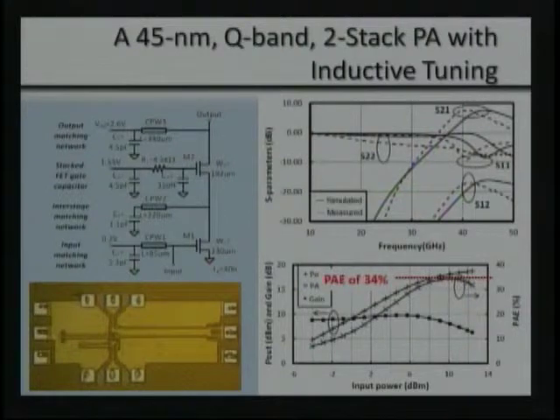And one of these results is shown here. This is a 2-stack, so I only have one transistor in the stacked FET configuration. This is very similar to what I just described in terms of operation, except I've added one additional inductor here at the interstage node. This inductor is essentially added just to compensate the phase of the current going through CGS and C3, so it's resonating at the operating frequency. By adding this inductor, we've been able to get output powers close to 18.6